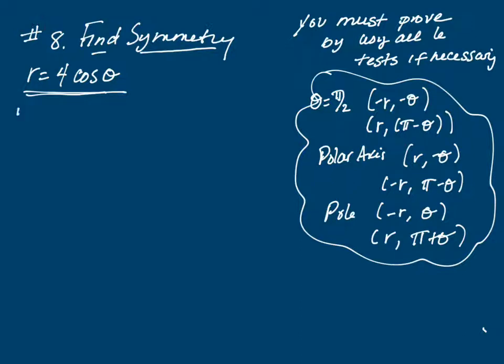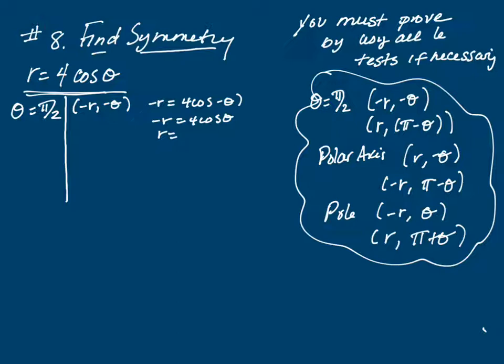So just in order, I'm checking for theta equals pi over 2, and I want to specify that's what I'm doing. The first thing I would check is negative r, negative theta. So I'd write that down, and that would be negative r equals 4 cosine negative theta, but cosine negative theta is just cosine theta. So negative r equals 4 cosine theta, or r equals negative 4 cosine theta, so that part would be a no. But then I check r and pi minus theta,